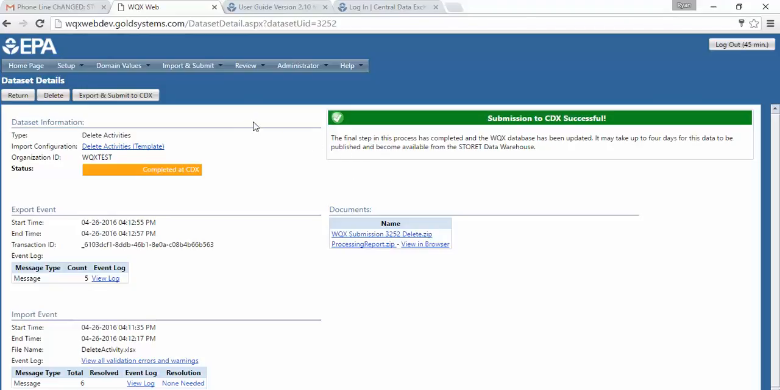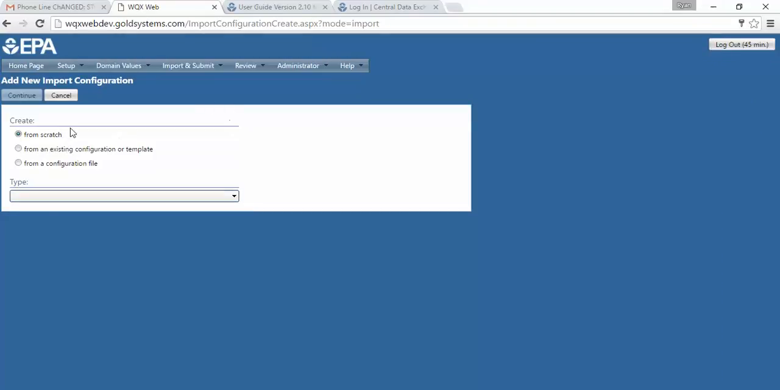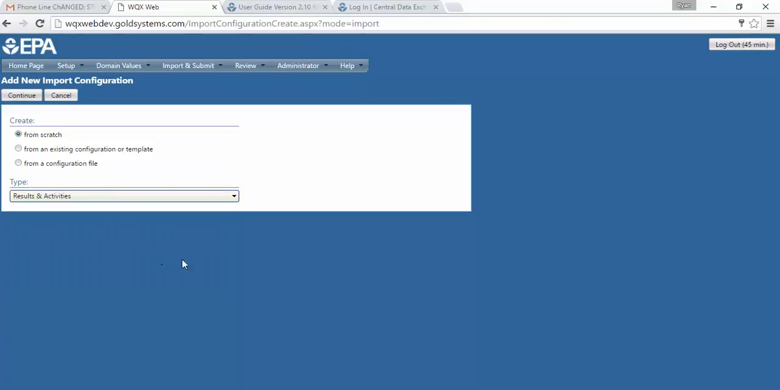Some other changes we've made to the system are in our import configurations. So if I go to our Setup Import Configurations menu, I'll see a list of any import configurations that I've created or that I have access to. So for example, if I just click the Add New button because I want to create a new import configuration, and I'm just creating one from scratch for my results and my activities,